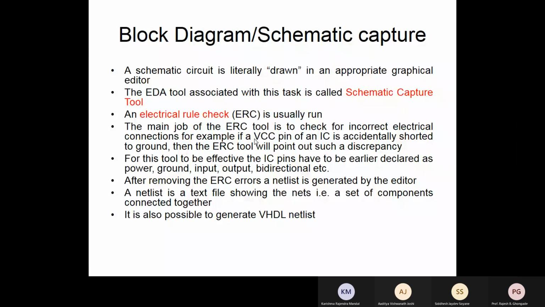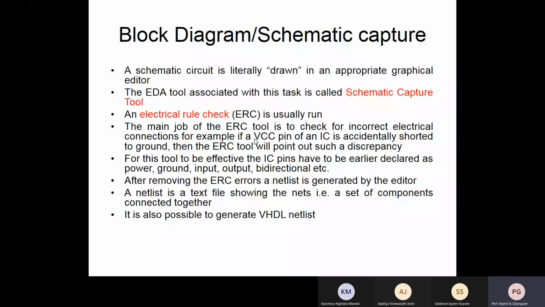For this tool to be effective, IC pins have to be declared, as I said, as power, ground, input, output, bidirectional, etc. After removing all the ERC errors, what we get is a netlist. I think I've already told you about the netlist. It's a text file showing the nets, that is, a set of components connected together.